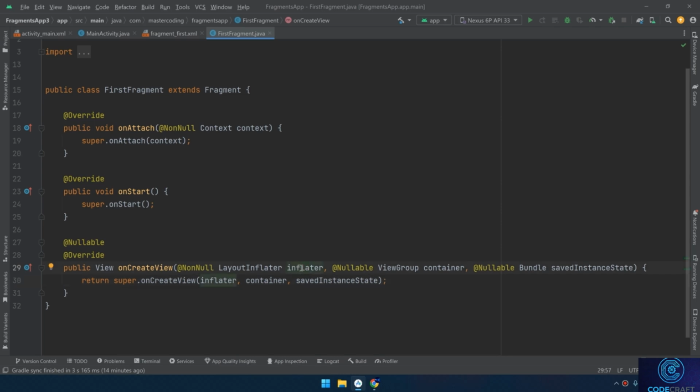If we look at the method signature, we can see there are three parameters. One of type LayoutInflater, the second is type ViewGroup, and the third is of type Bundle. The first one, the inflater, is an instance of LayoutInflater that you can use to inflate a layout from an XML resource. The container is the parent view that the fragment's UI should be attached to. This parameter is useful when you want to determine the layout's parent, but you should not attach the UI to this container explicitly. Instead, the inflate method should be used to handle this job. SavedInstanceState is a bundle that provides information about the previous state of the fragment,